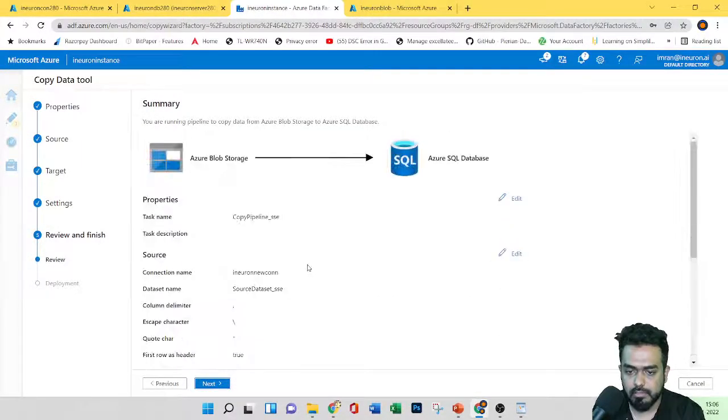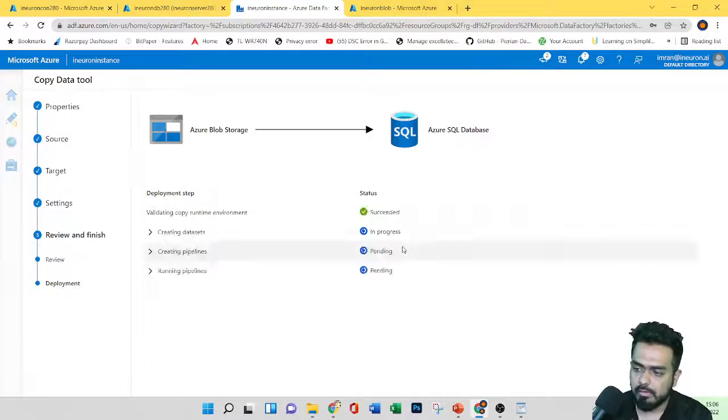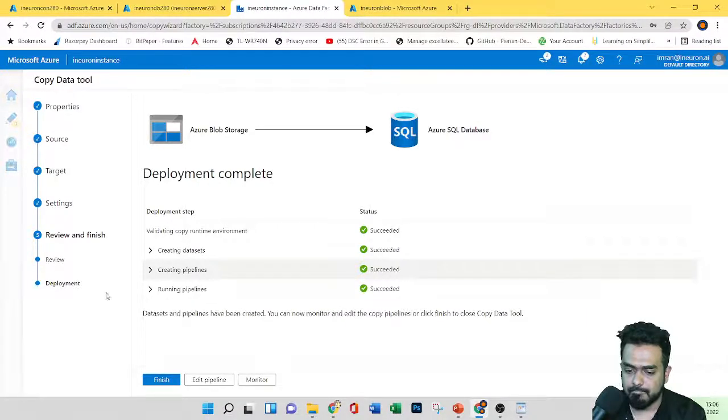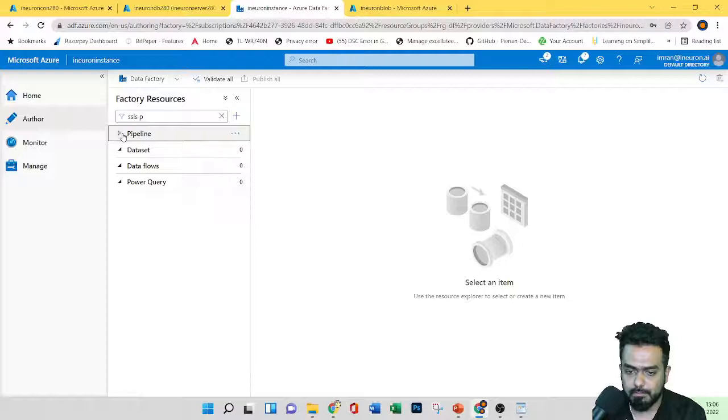Okay, so this is our summary of whatever we have just selected. Next, click on next. You can see our status is in progress. Okay, so it's finished. If I go here to author, and if I go to the pipeline,